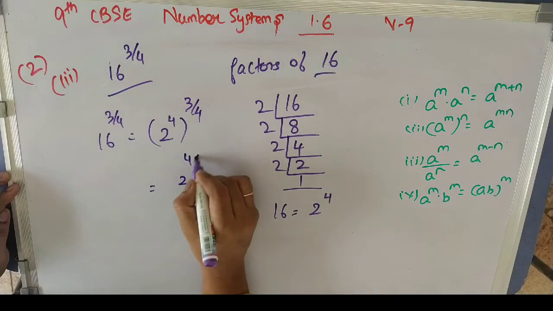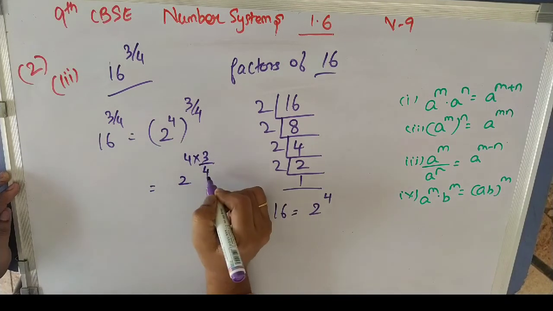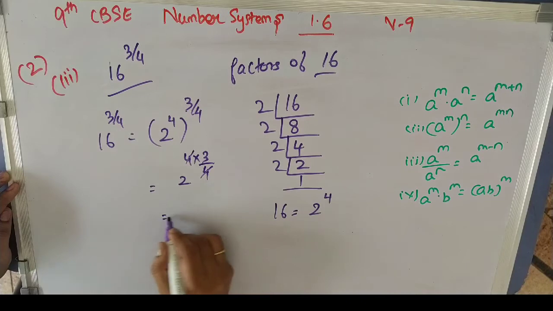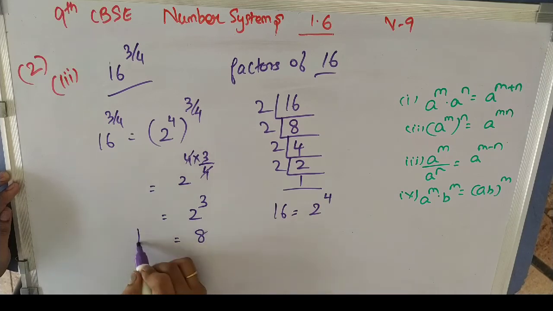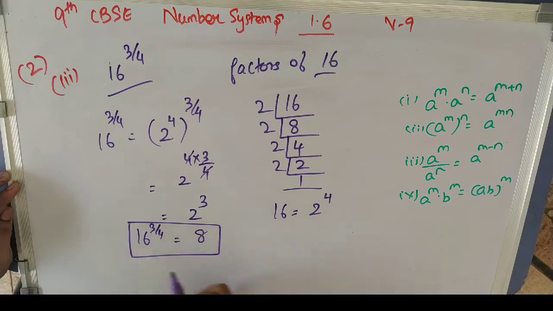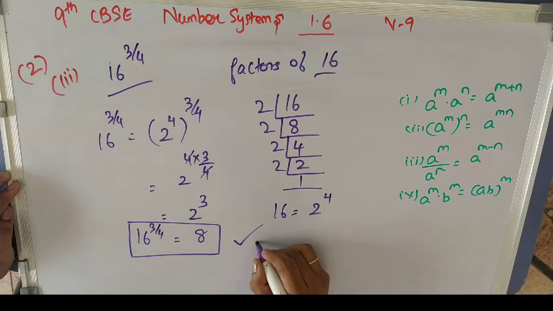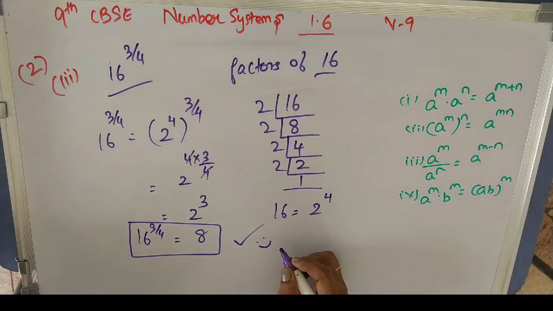This looks like a power m the whole power n. So I am going to multiply the powers. So 2 power 4 into 3 by 4. 4 gets cancelled and I get 2 cube. The value of 2 cube is 8. 2 into 2 into 2. So 16 power 3 by 4 is equal to 8. Okay, clear? Now let's go to the